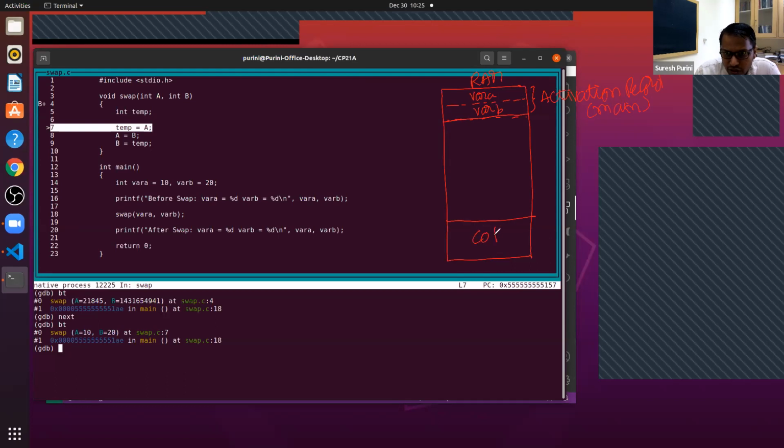This is the code for your whole program, not just for main. So for main, swap, everything, the code will be present here. There is a code for your function main, and there is a code for function swap present here. This is the code.